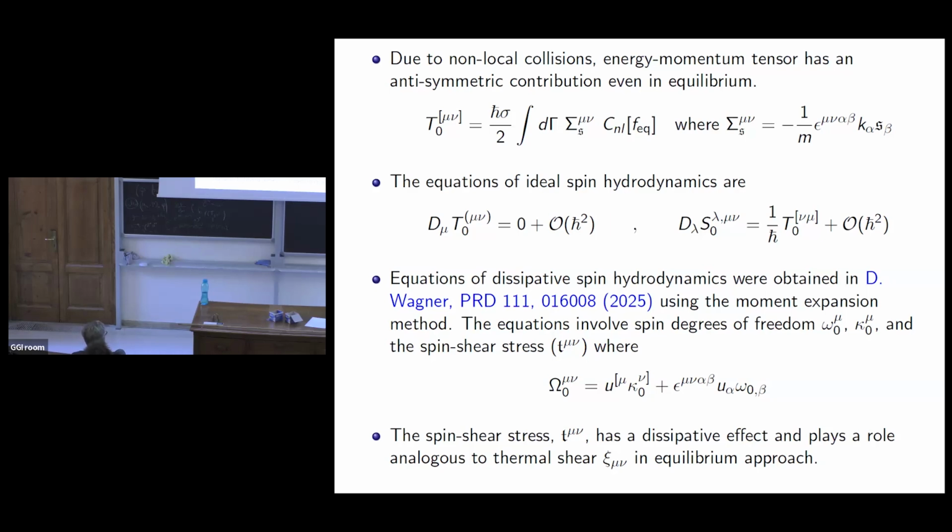Okay, so this was the case when the distribution was in local equilibrium, but it's not very interesting. The interesting thing is when you deviate from local distribution, and this will lead to dissipative spin hydrodynamics. The dissipative spin hydrodynamics have been derived by David in this article. It's a very detailed paper using the moment expansion method. I only have a few comments here. The moment equations themselves are pseudo-gauge independent. The pseudo-gauge dependence only comes when one tries to derive spin hydrodynamics from these moment equations after truncating and in the form of matching conditions.